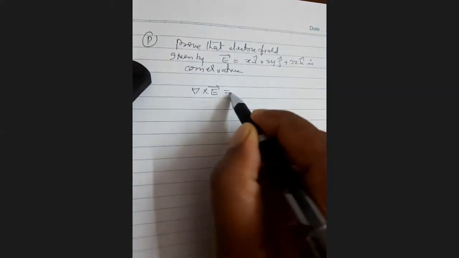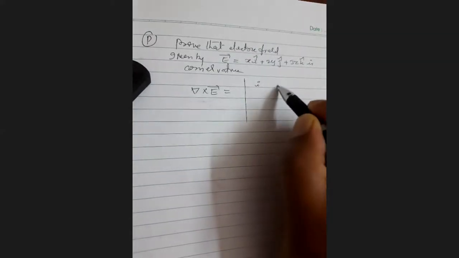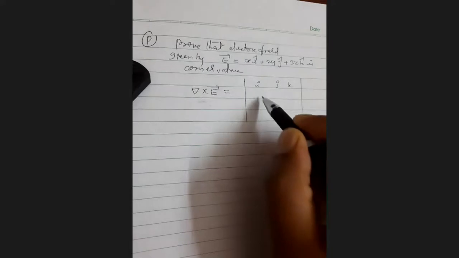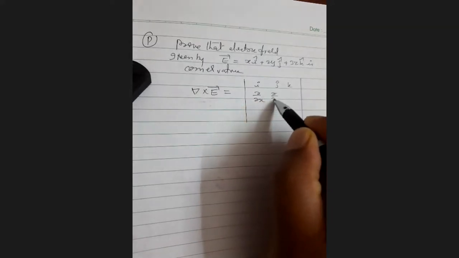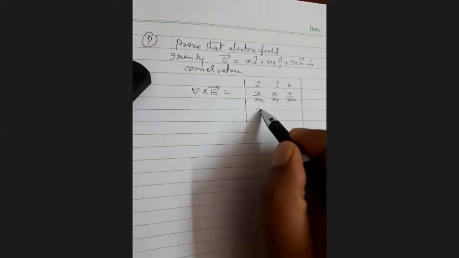Right. So what is the conservative nature of the electrostatic field? The electrostatic field is a conservative field. Electrostatic force is a conservative force. For a conservative force, the curl value must be equal to 0. So for that, you consider the curl of E bar, del bar cross E bar, which equals the determinant i j k, dou by dou x, dou by dou y, dou by dou z, with E bar field components: x component x, y component 2y, and z component 3z.